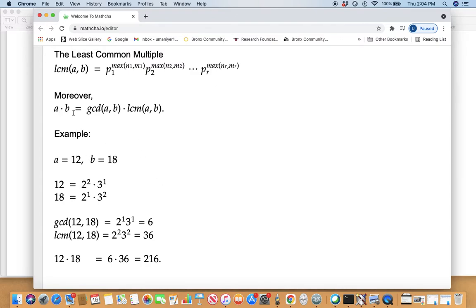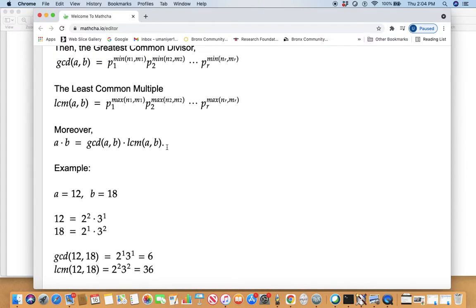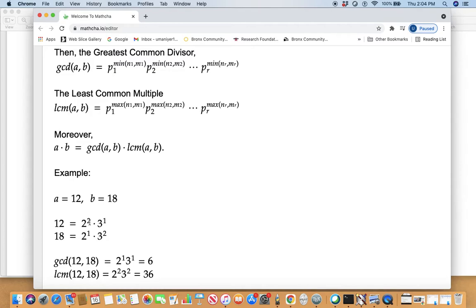If a is 12 and b is 18. 12, the prime factorization is 2 to the power 2 times 3 to the power 1. 4 times 3 is 12. 18 is 2 to the power 1 times 3 to the power 2. 2 times 9 is 18. What is the GCD? According to the theorem, you have to take the minimum of the two powers. So take 2 as a base, the minimum of 2 and 1 is 1. 3 as a base, the minimum of 1 and 2 is 1. The GCD of 12 and 18 is 6, is it? Yes, it is. That's the greatest common